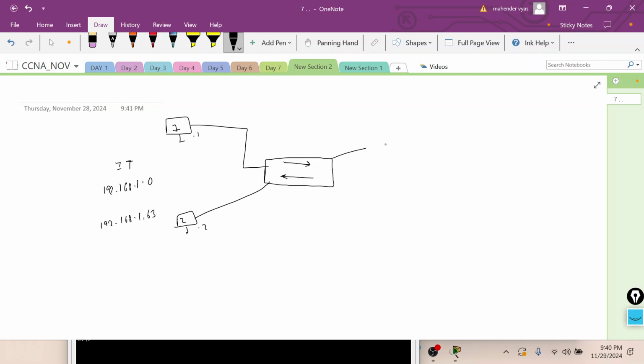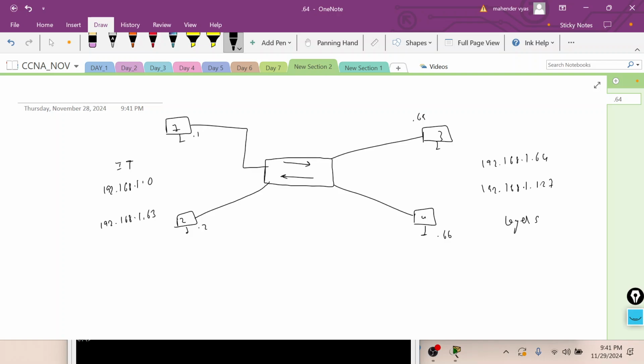Then we had more PCs, PC3 and PC4. These were sales PCs, and this particular subnet was 192.168.1.64 to 192.168.1.127. So this was dot 65, this was dot 66 IP. This is all layer 3, okay?